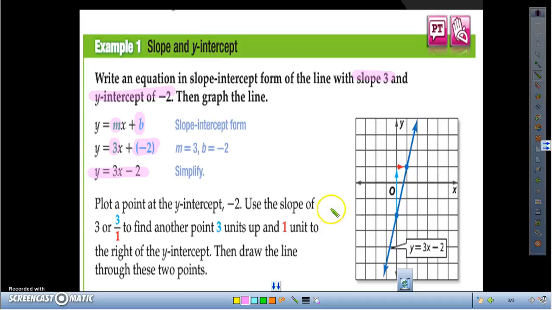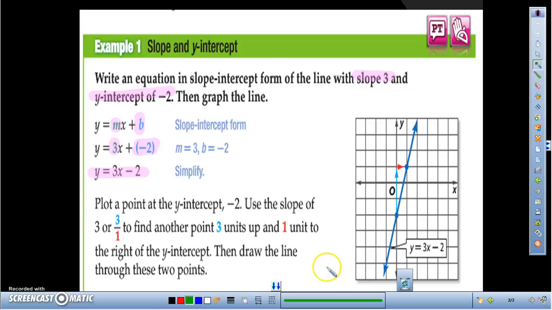Well, the best way to go about doing that is to first plot the y-intercept. And what does y-intercept mean? That is the point on the graph where the line crosses the y-axis. Okay, the y-intercept is the point on the graph where the line crosses the y-axis. So this line crosses the y-axis where y is equal to -2. So I'm going to start at my origin, go down to y equals -2 and plot a point,